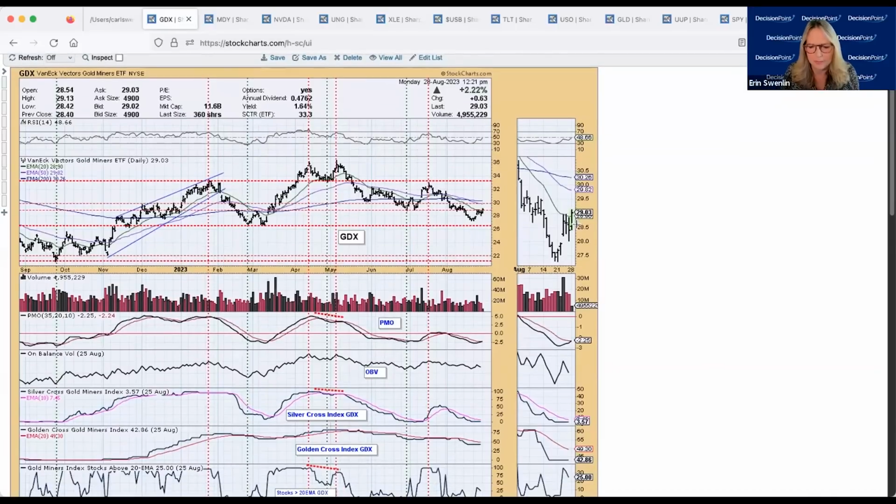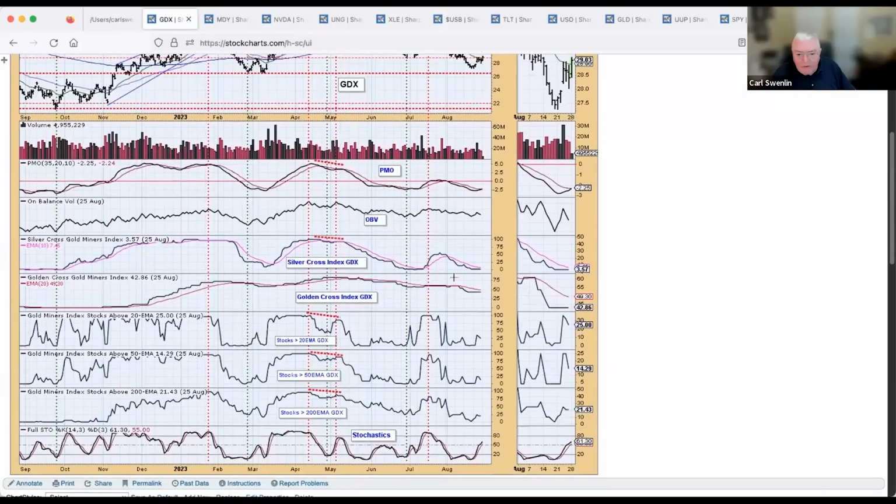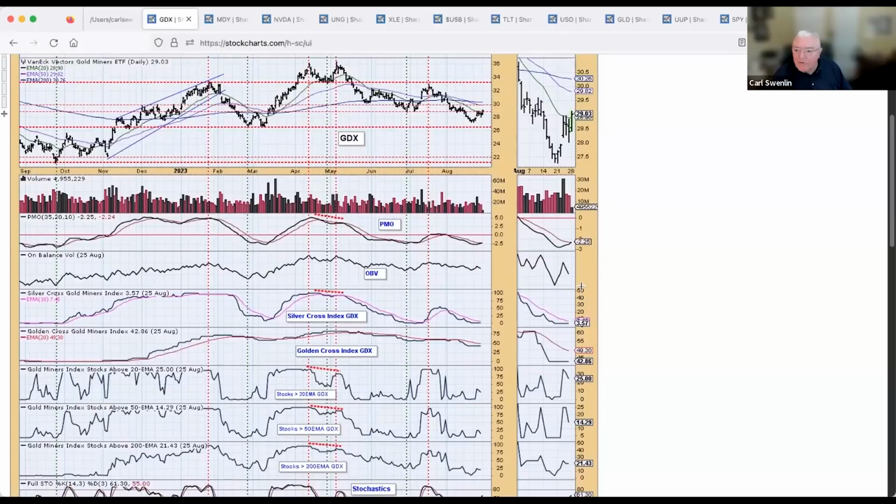All right, my turn. The Gold Cross index, the Silver Cross is almost at zero. So it's got a lot of way to expand upward. And the Gold Cross is only at about 43. So that's not too bad on a long-term basis. It's in bearish territory, but it's still not flat. All right, and with that, I will turn it back to you.